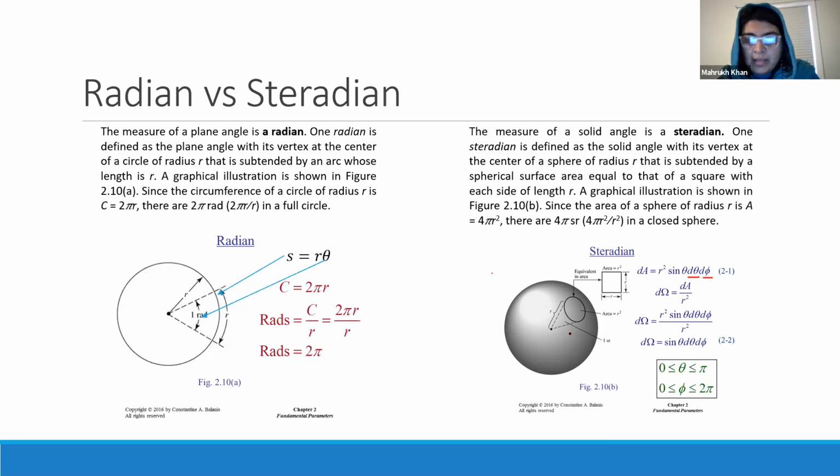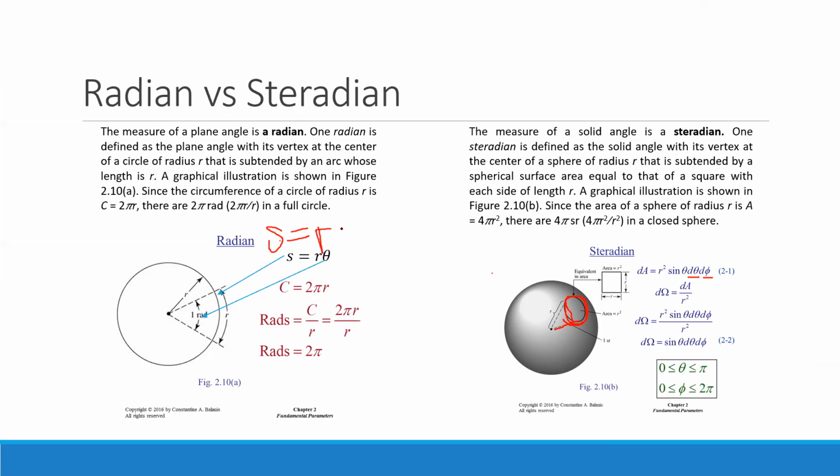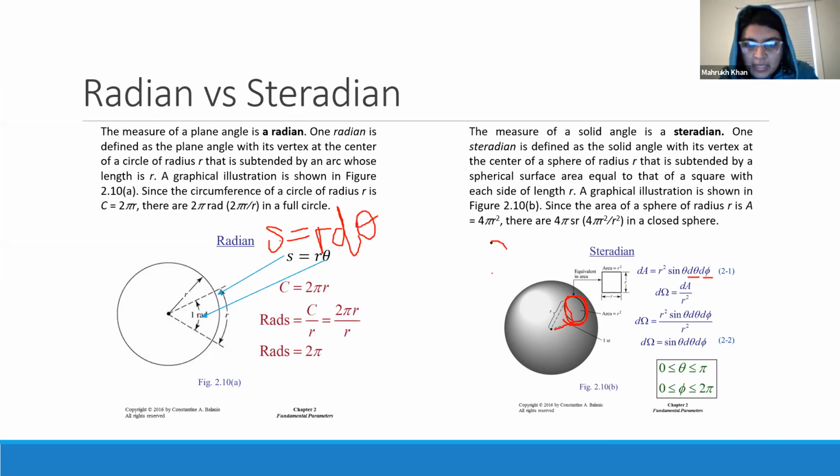Because if this area is changing, I am changing d theta and d phi both. But it's not just d theta and d phi. Like here I told you s is equal to R d theta, right? So here I am writing dA, or I should say ds, right? So here I am saying dA